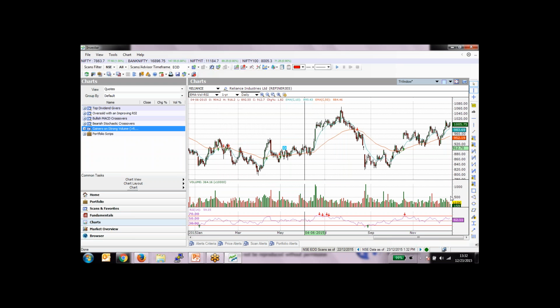So the first thing you see in the software is this status bar at the bottom. It is telling me that the NSE data as of 23rd of December is updated up to 1:32. Now our software is a 1-minute real-time software, and all of you have gotten a full-fledged trial of 1-minute real-time data,